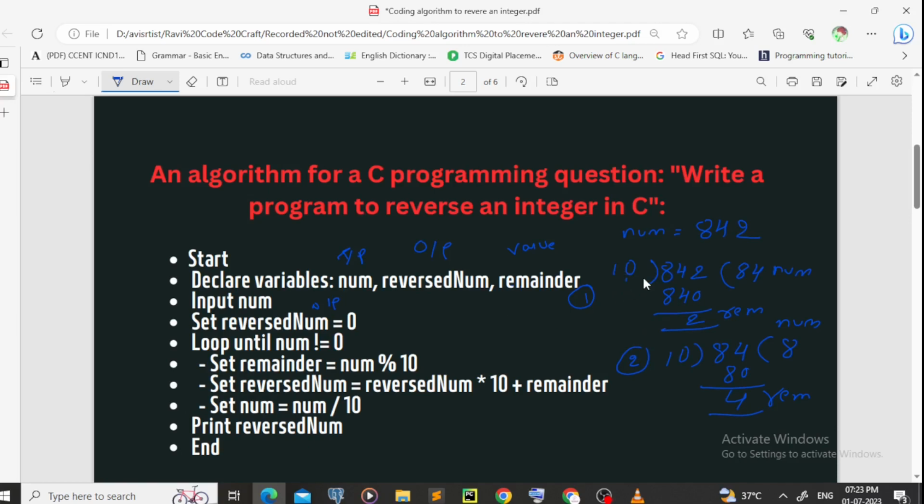So when we divide 842 by 10, we will get 84 here, and the remainder will be 2. This will be our new number, and this will be the remainder. So here the remainder will be first 2, and our number will be